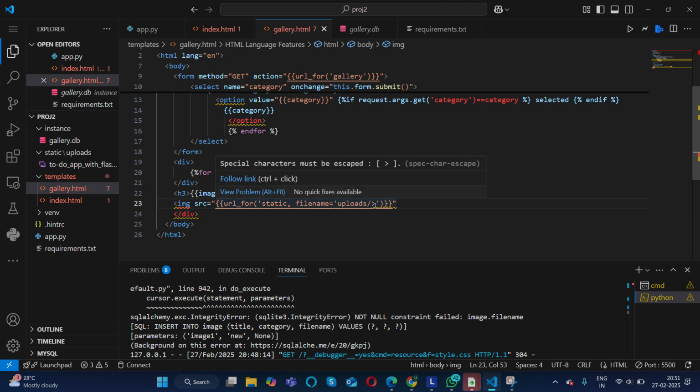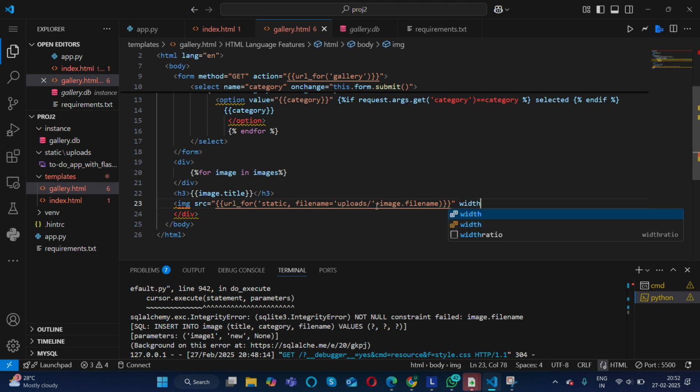Yeah, I messed up with this. I haven't given this yet. Image dot, should save it somewhere, right? File name. And I should specify the width, how much the image width should be. Let me take it 200. Okay. Set.